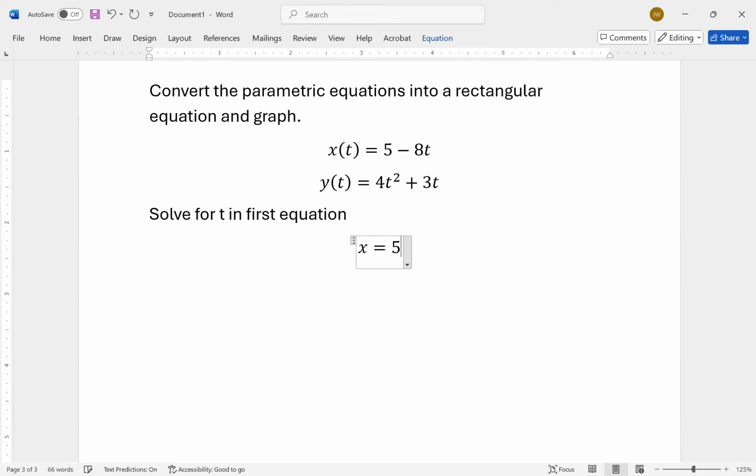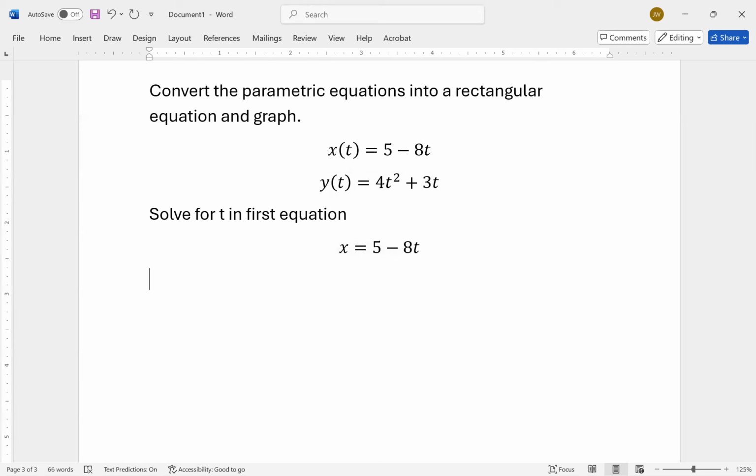Usually I adopt the notation where we just write x is equal to an expression in t when I'm solving. Even though I have x of t as the notation, I'll write x equals 5 minus 8t